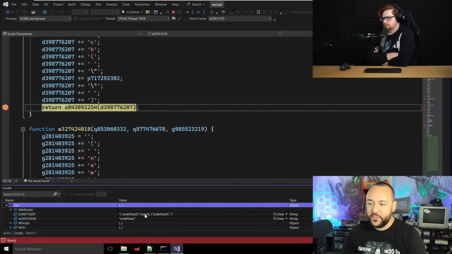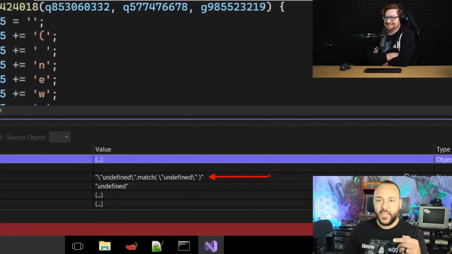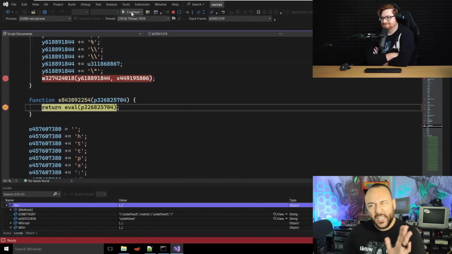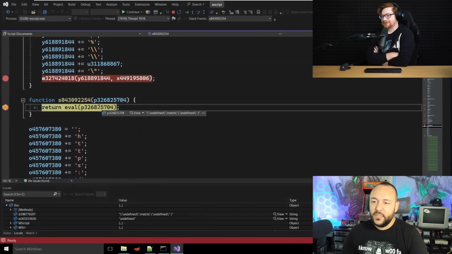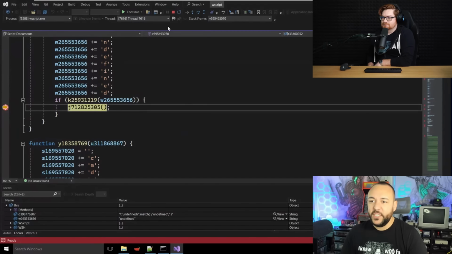But I have this value, this D3. And so what is that value? Well, it looks like if something is undefined, it's trying to match on the fact that it is undefined. The reason it's doing that is it's going to create a bunch of ActiveX objects, and if it can't make one of those, the return will be undefined. And it wants to know, oh, heck, that didn't work. So it has a little bit of error checking, I guess. Clever. So here's the first eval it's going to do, and it's just checking to see if undefined is undefined. All right, so we continue on.